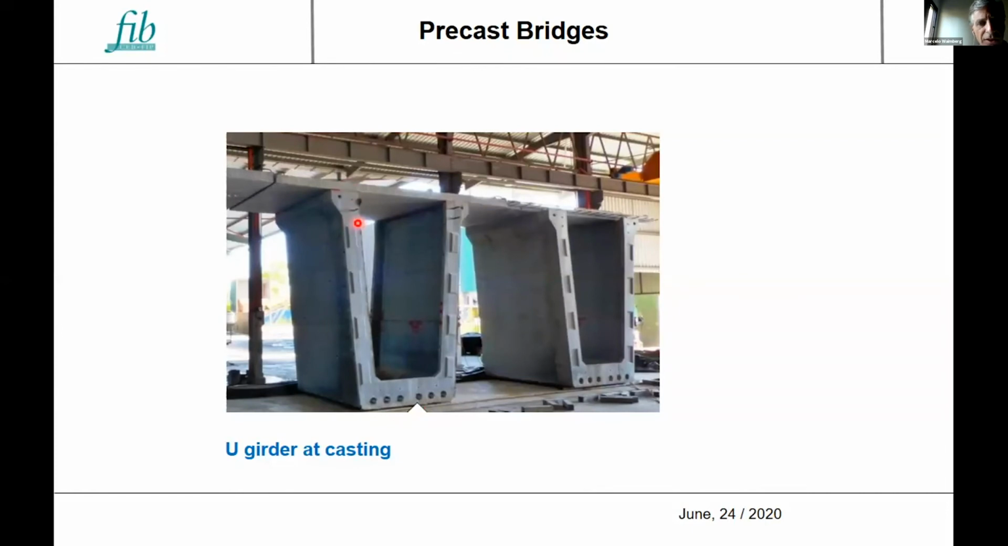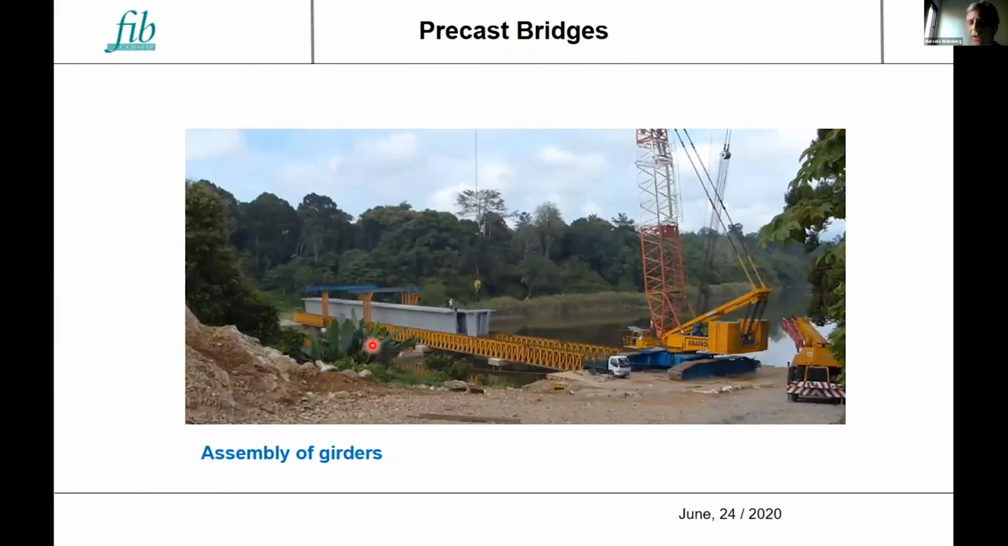They are very short elements to connect the slab to the girder, and there is no mild steel reinforcement at all in the elements of this girder, this bridge. Here you can see the elements being assembled over the steel falsework,